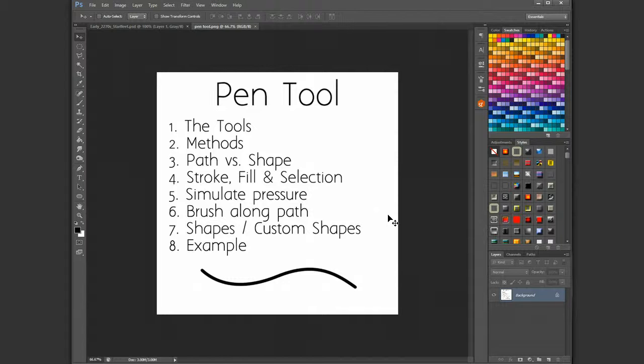Then how to use shaped brushes along the path, custom shapes, and then I'm going to show you an example that I have prepared here. So first let's take a look at the tools,